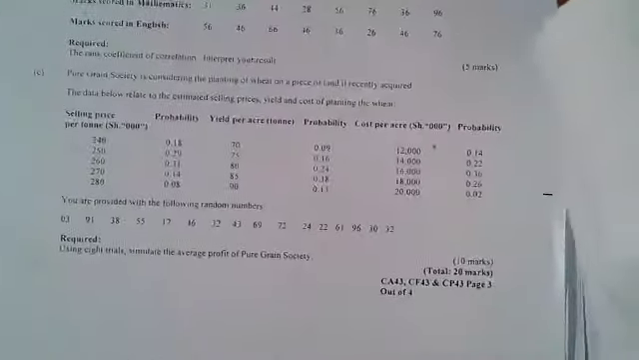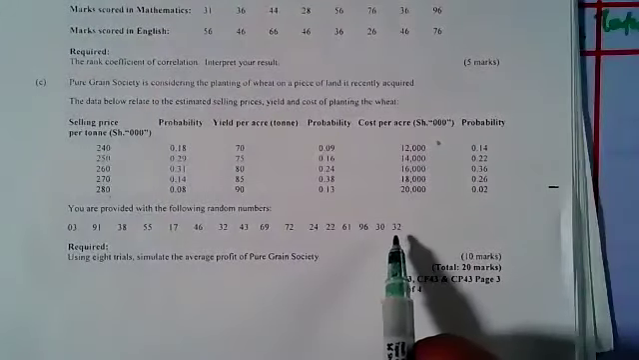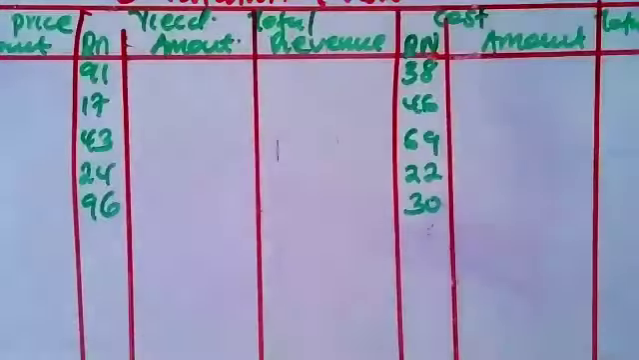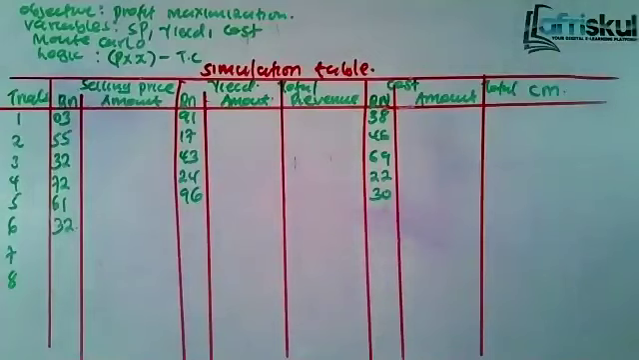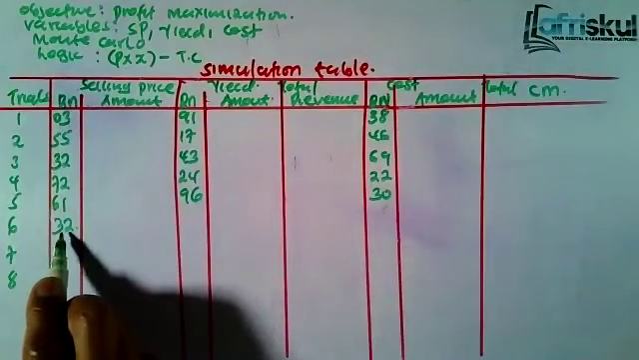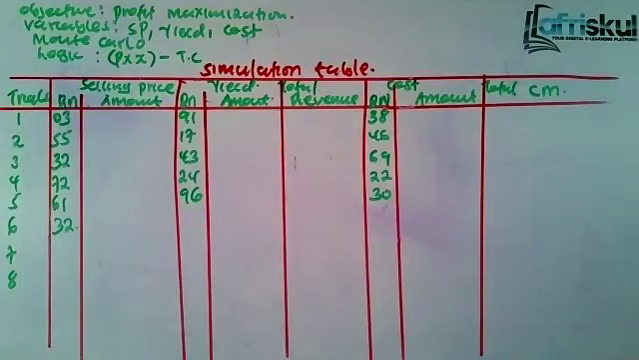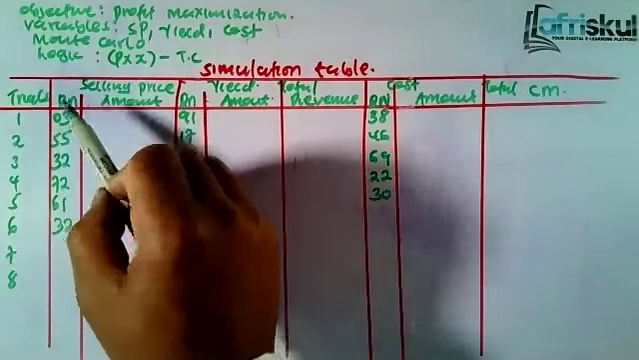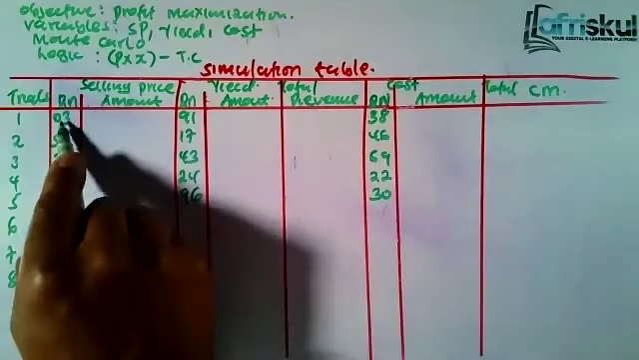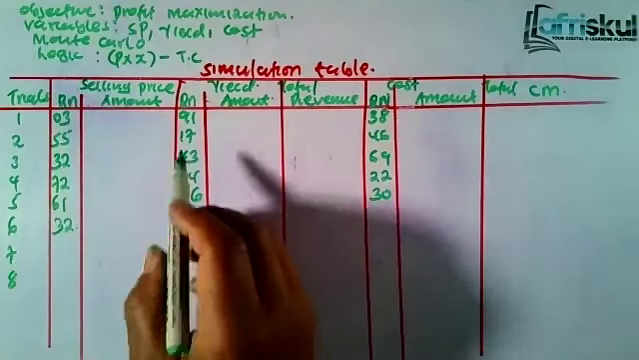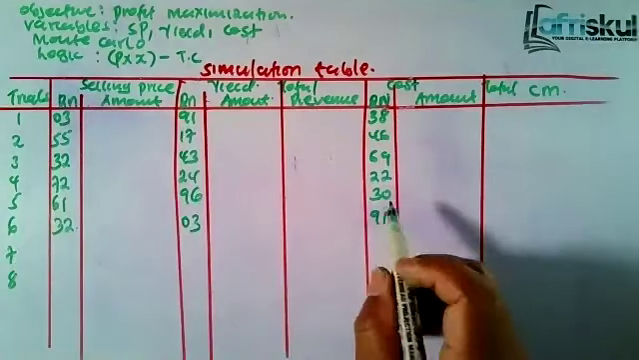The random number given in this case, umepewa up to 32 na zimeisha. So zikiisha, but you see the examiner wanted 8 trials, but random numbers zimeishia hapa. Tukasema in case the random numbers have been exhausted, unaanza na ile ya kwanza 03. Kwa hivyo hapa tulikuwa tumefika 32, kwa hivyo unaanza tena 03, ikifuatwa na nyingine 91,